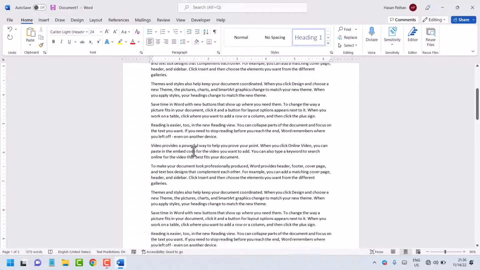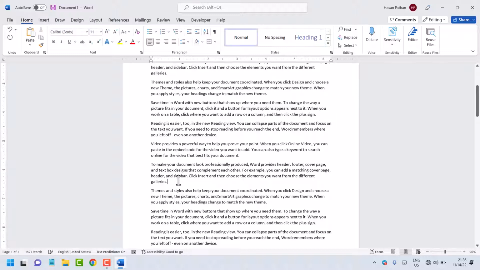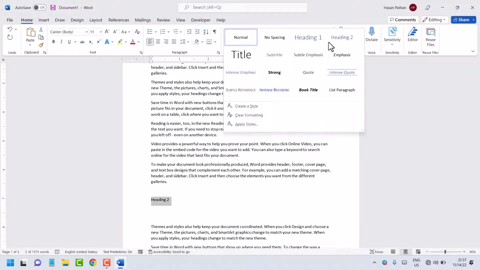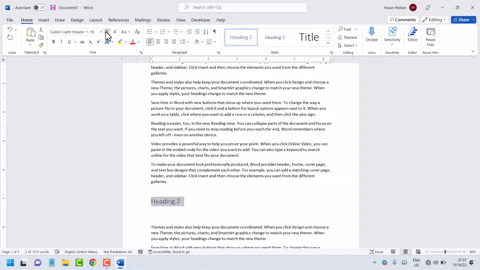Similarly, this is the heading 1, and you can type heading 2, select your text, and here select heading 2, change the size,